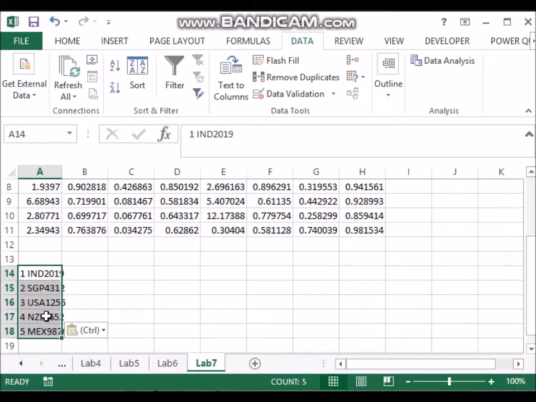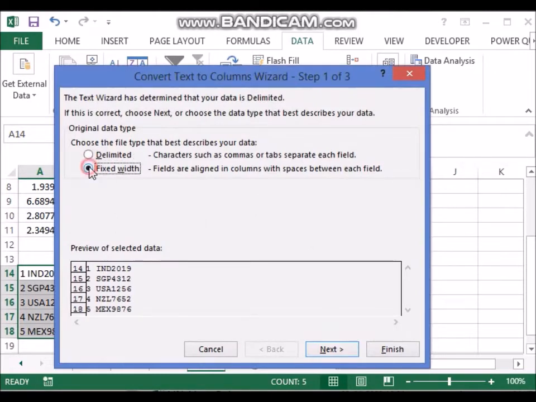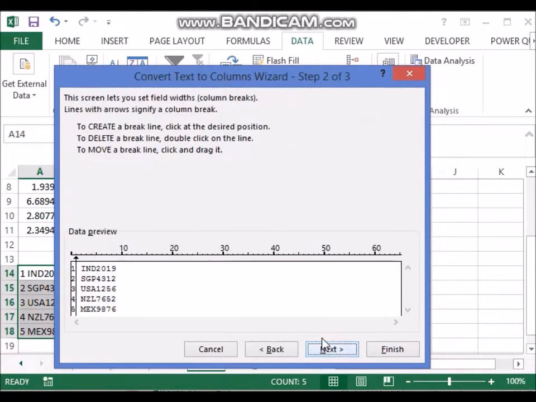Now this is not separated by comma. We'll have to use a different approach, text to columns. We will use the fixed width approach, and we will click wherever we need a separator. For instance, there's already a separator, this arrow which you can see here. I will click here so that I get a separator between IND and 2019.